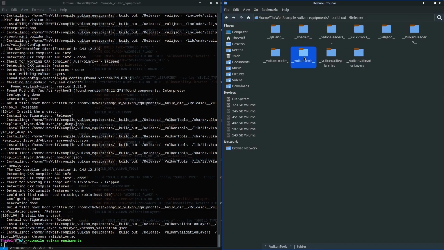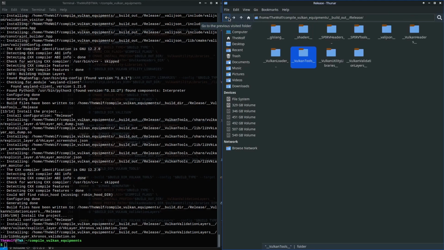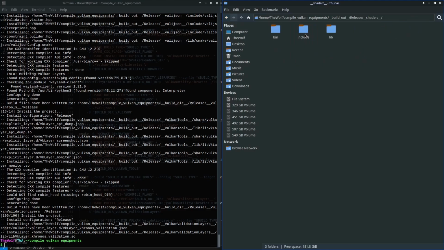Vulkan tools. These are the tools we'll potentially use in this series. GLSLC.